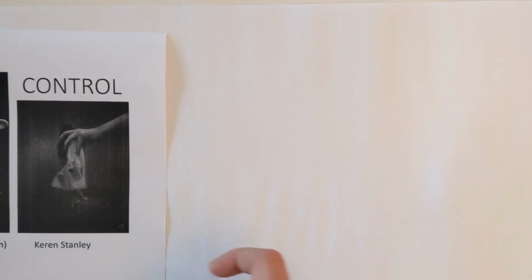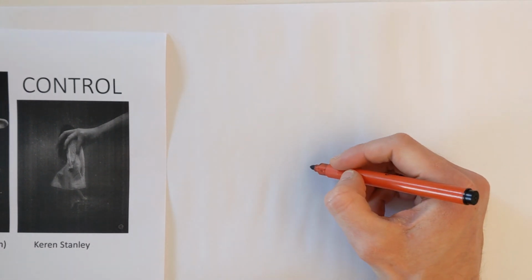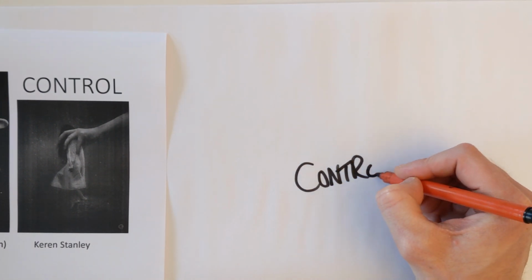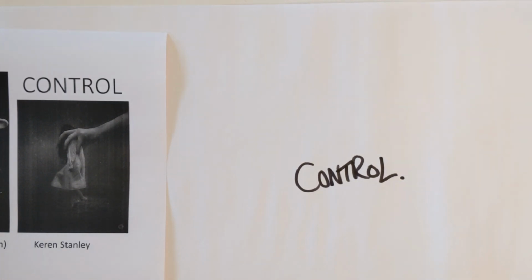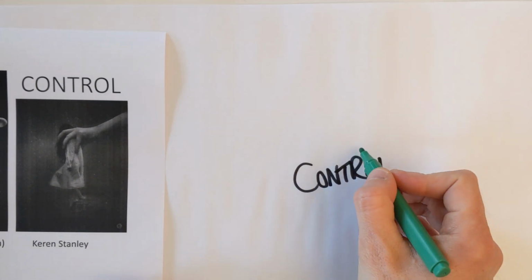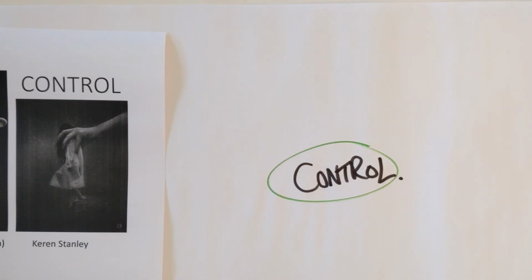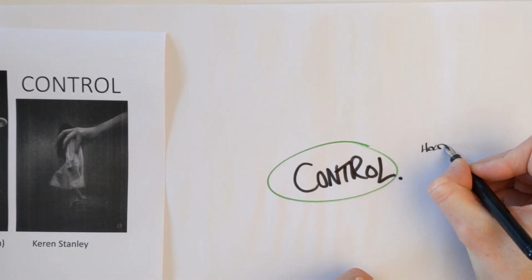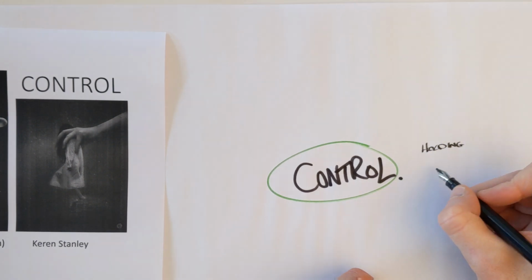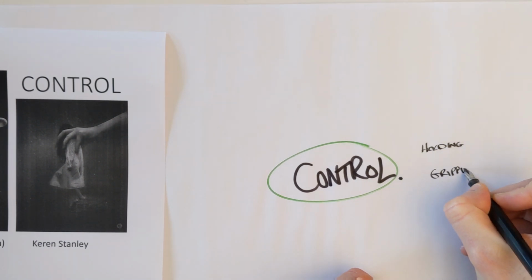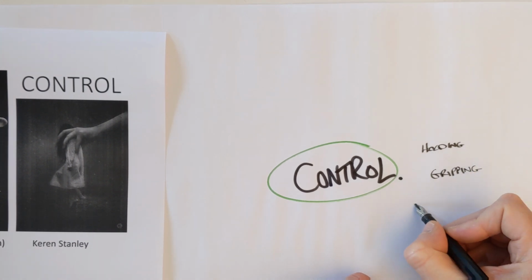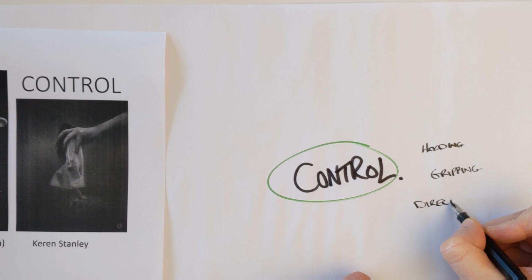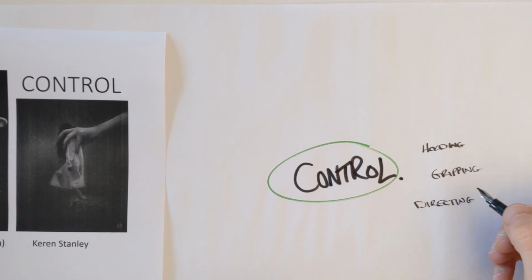And all I'm going to do is create another mind map, but just going to focus around the word control. Like that. Okay, so I'm going to write some words that I associate with this picture here. So let's go. We've got holding, gripping, directing, because she looks like she's been directed, forced,